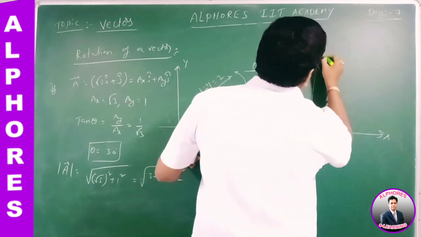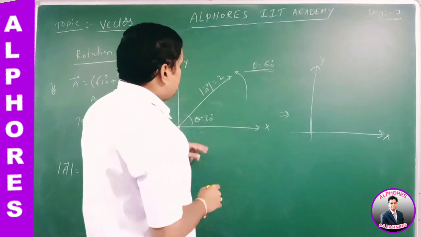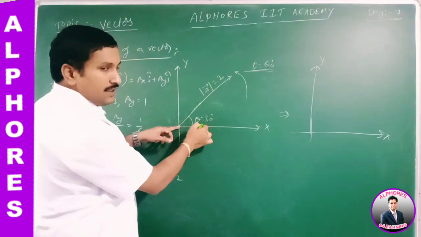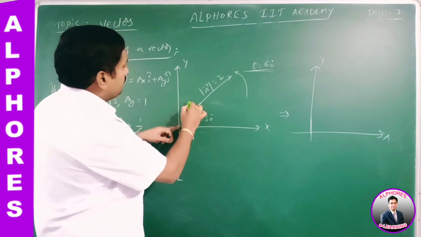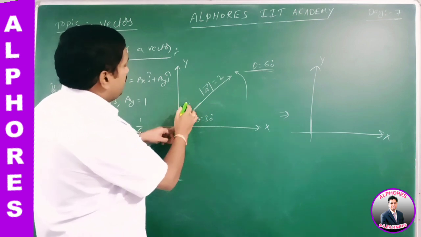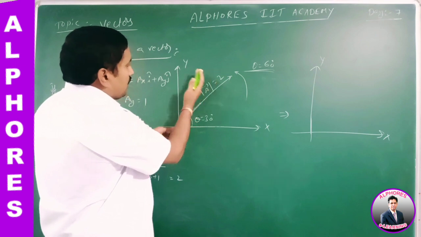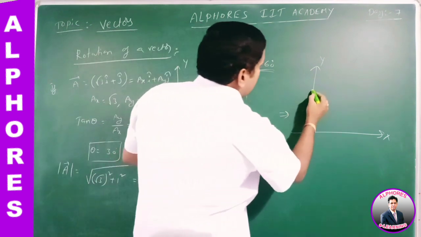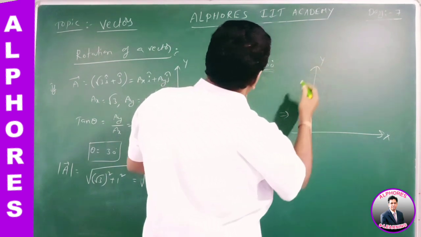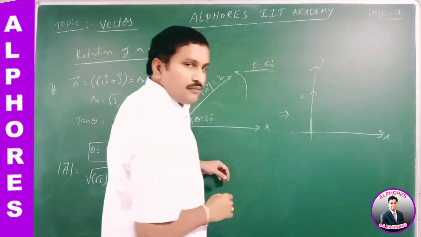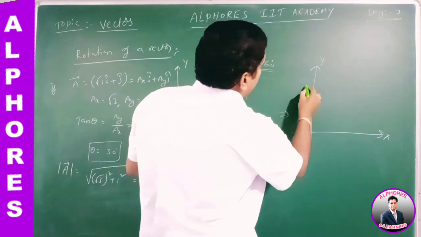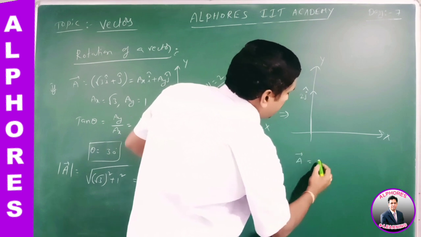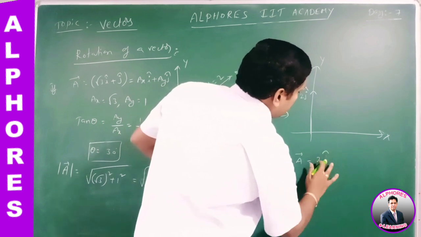This is the x-axis, this is the y-axis. Now after rotation, listen carefully, if it is rotated by 60 degrees, initially this vector makes an angle of 30 degrees, and the remaining angle is 60 degrees. Suppose this vector is rotated by 60 degrees, it lies along only the y-axis, with magnitude 2. So what is the new vector here? 2j cap. Here a bar is equal to 2j cap.